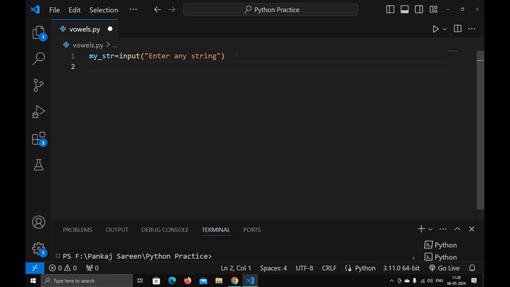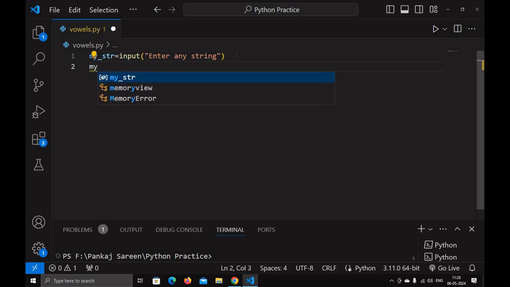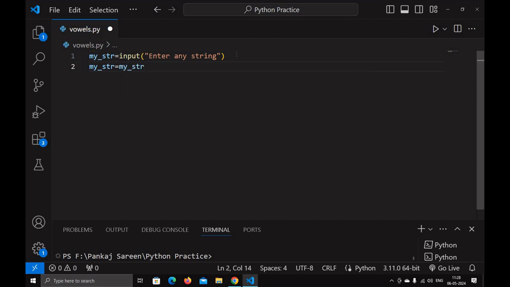okay, and then I transform the string into lower case. So now I have transformed the string into lowercase, and then what I will do, I will create a dictionary